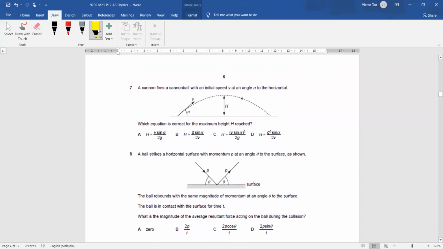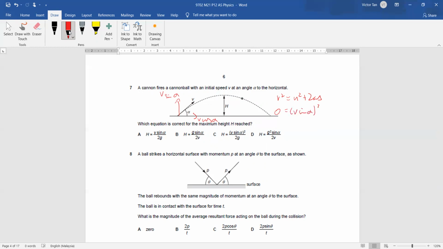A cannon fires a cannonball with an initial speed V at angle alpha to the horizontal. Which equation is correct for the maximum height reached? So vertically, it is V sine alpha, horizontally V cos alpha. So we are looking at vertical. V squared equals U squared plus 2AS. So V is 0 at the maximum height. This is V sine alpha squared minus 2GH. So H is